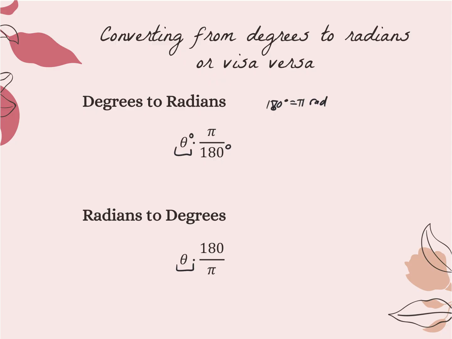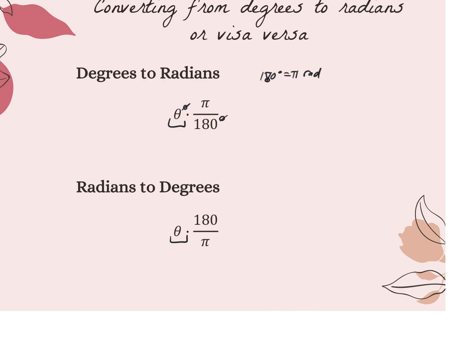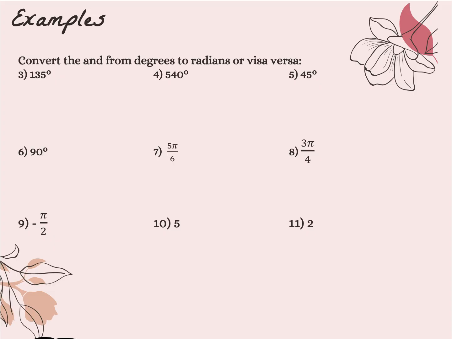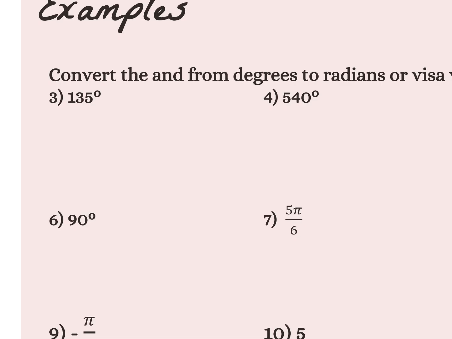And if you're in chemistry or have already taken chemistry, you probably have done some unit conversions, going from grams to moles and moles to grams. That's a similar idea here. If you're trying to cancel out degrees, I'm going to want that on the bottom. And if you're trying to cancel out pi, a lot of times you see radians in terms of pi, then I want the pi on the bottom and the degrees on top. All right, so these first three, 3, 4, 5, and 6, are in degrees. We can tell that they're in degrees because they have a degree symbol. So to convert these to radians, I'm going to want degrees on the bottom. So I'm going to say times